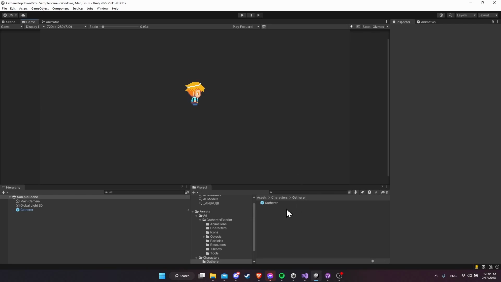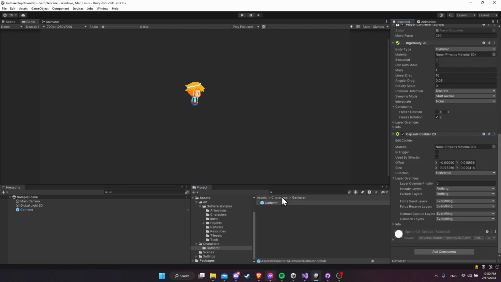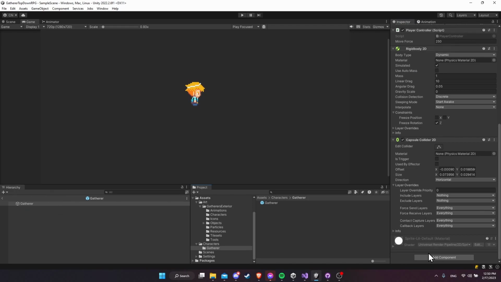Okay, now that those two things are out of the way, let's actually focus on the animation for our character. So if we go to the characters folder, we have the character here. And if you haven't already, you're going to want to add an animator component to the character. So I think I might have done that off screen, so I'll just remove that real quick. We double click into the gatherer prefab, go down to where we have add component, add the component animator, and